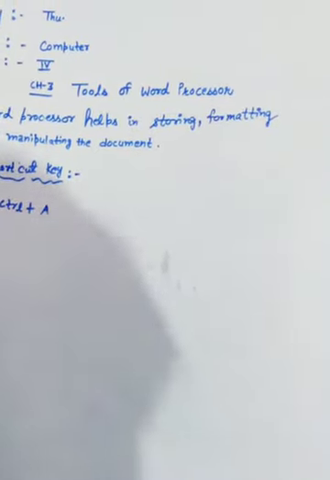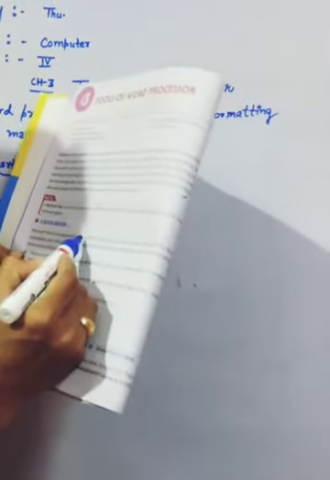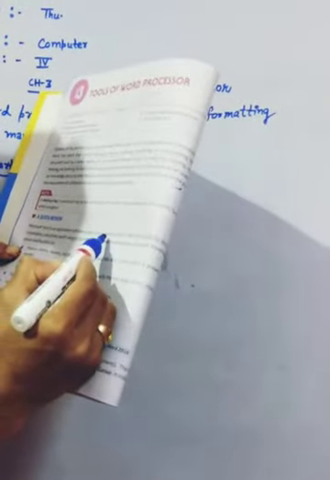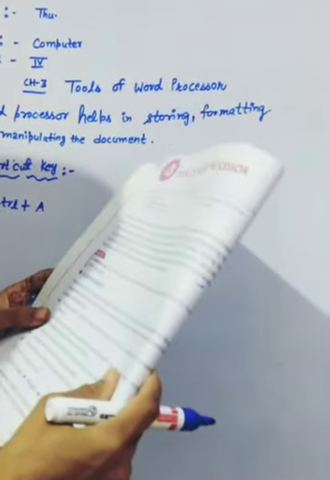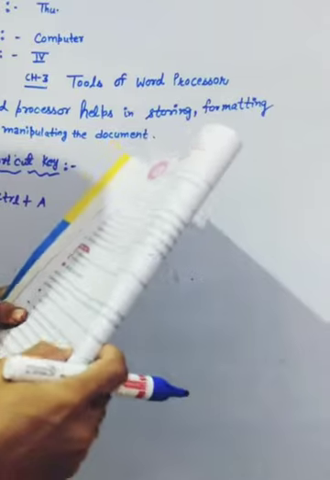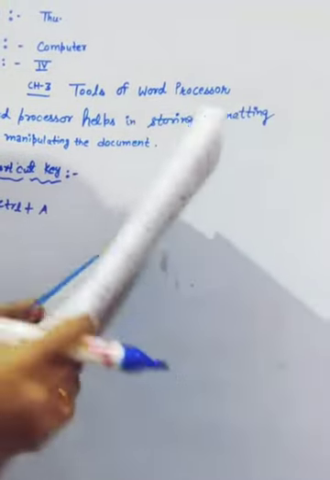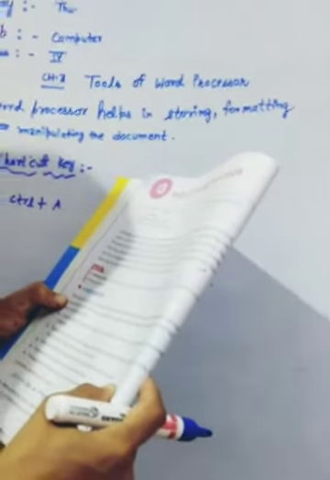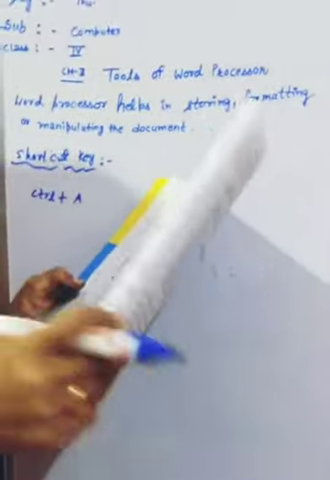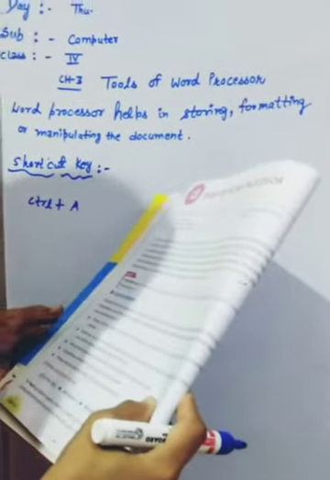Now a quick review. Look at the books. Microsoft Word is an application software used for word processing. We will use the Microsoft Word application for word processing. It was introduced by Microsoft Corporation, which is one of the world's largest companies in software development. Microsoft Word has the power and flexibility too.